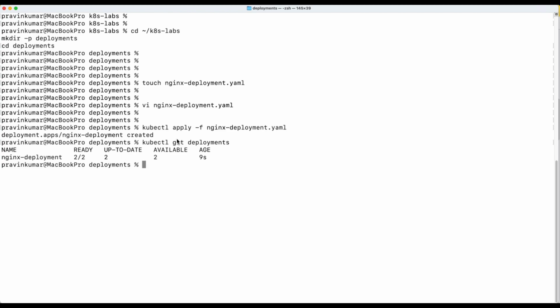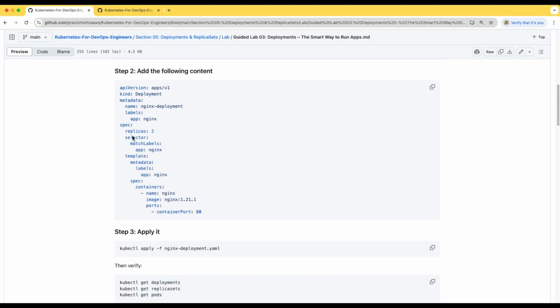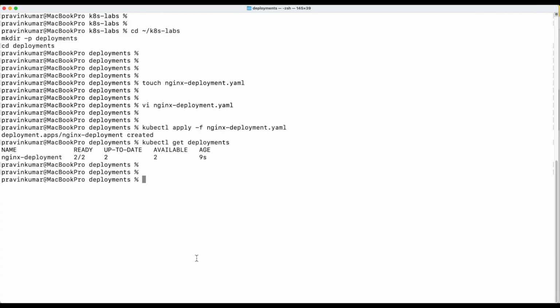So now we see we have the nginx deployment, and 2 by 2 is ready, right? Up to date is 2, available is 2. And now when we use the deployment, and in the deployment configuration we put this replica, then the deployment also creates a replica set. Yes, behind the scenes it creates the replica set, and this is something we can check with this command, right? So if you want to see the replica set, we can run the command